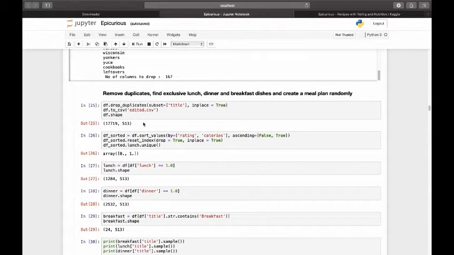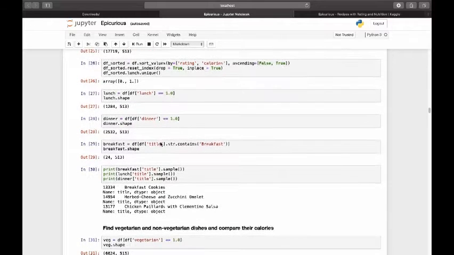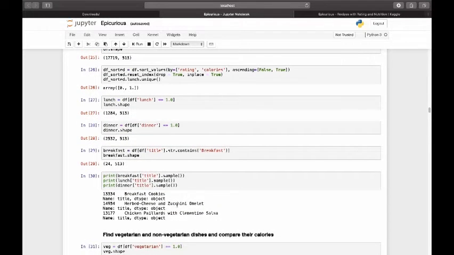Okay, so here we tried to have a meal plan where people can find lunch, dinner, and breakfast dishes and create a meal plan for them, right? So this is some of the code we wrote to give out sampling. Here there's a row number, and we've broken down the data set into lunch, dinner, and breakfast. When you do the sampling, you take out a row and you're getting breakfast cookies and herb cheese and zucchini omelette and something like that. So that would be for lunch,